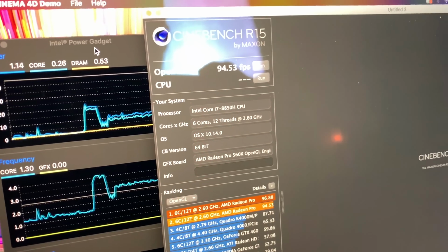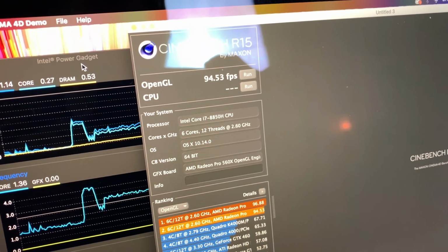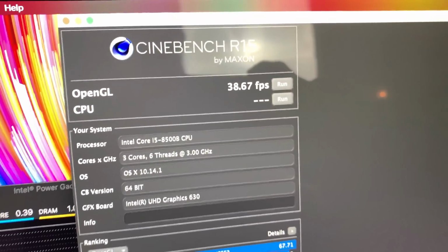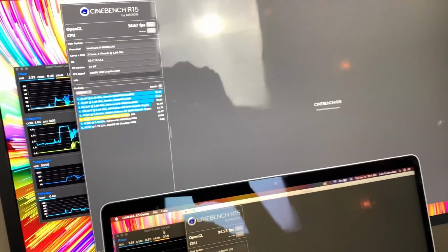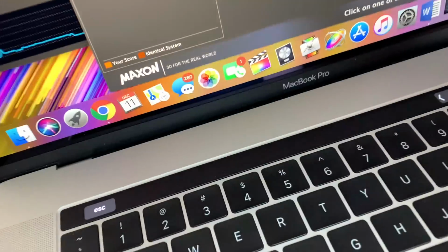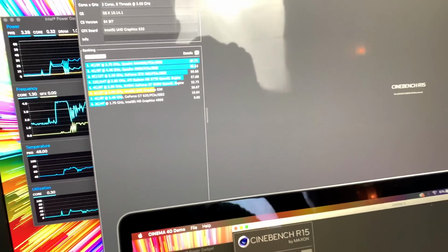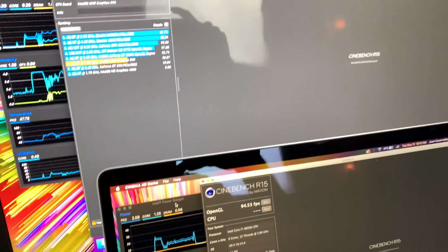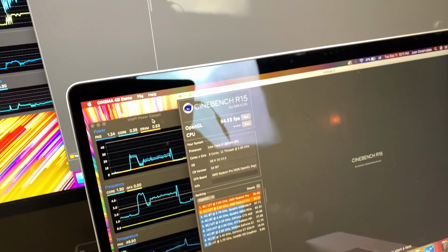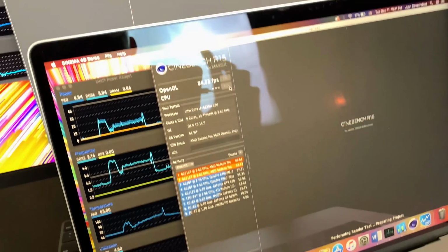So the MacBook Pro did come in at 94.53 frames per second compared to 38.67 frames per second on the Mac Mini. That is atrocious. That means this MacBook Pro is about 3 times better when it comes to the OpenGL score. Now, of course, this isn't a 100% test. Of course, there's some slight variation, but let's continue with the CPU test and also take into consideration how hot